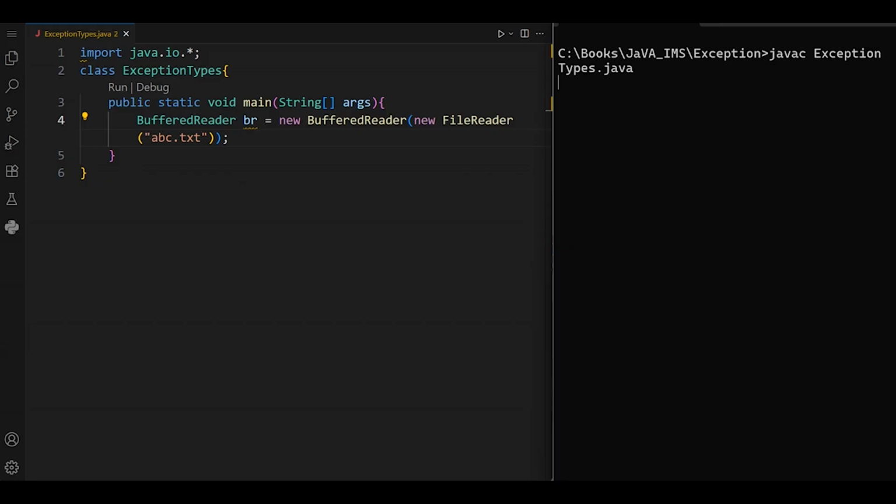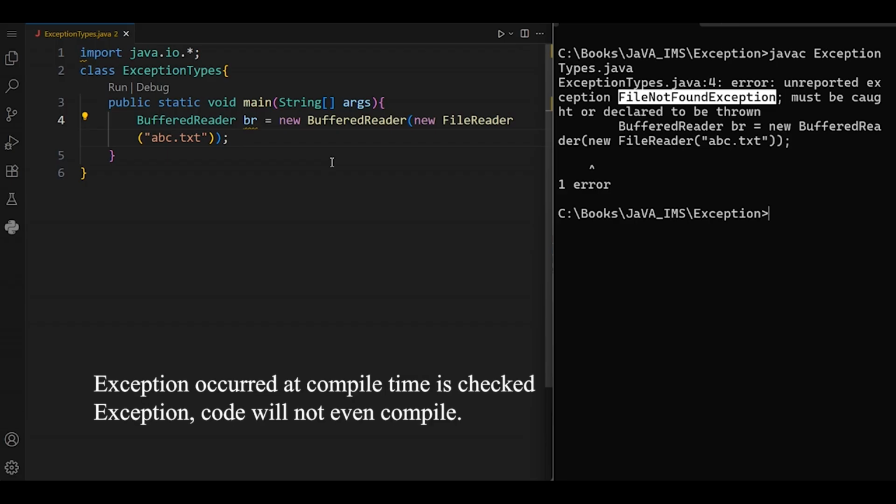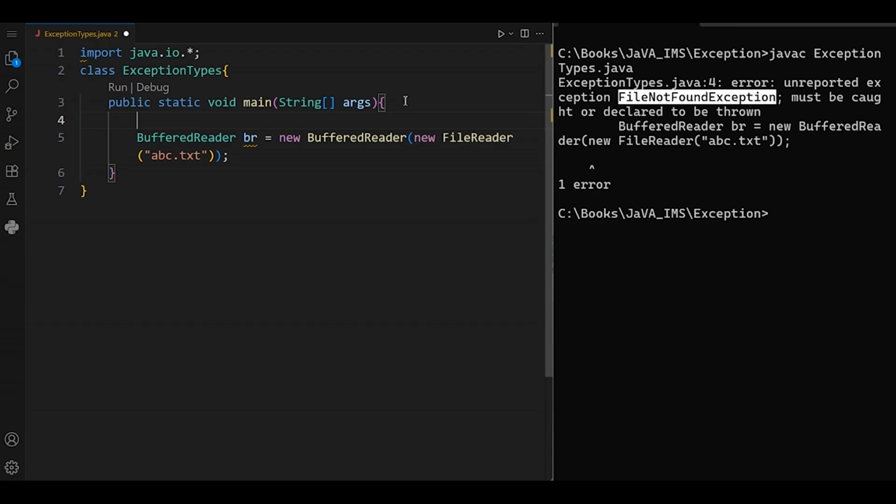Okay, let's compile this. Now we can see it is not even compiling, and the exception which is caught at the time of compilation is called a checked exception. Remember that. If the exception occurs at compile time, it is called a checked exception, and we can handle this checked exception by either using a try catch block or a throws clause. So let's run this code within the try catch,